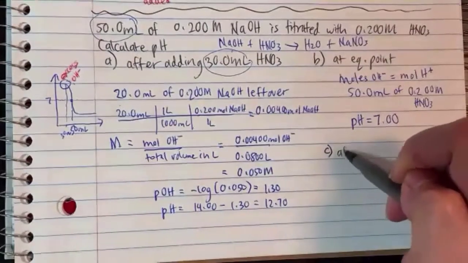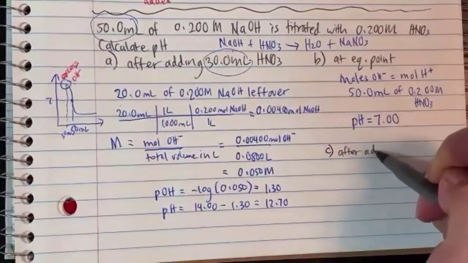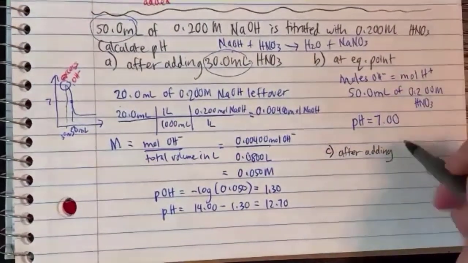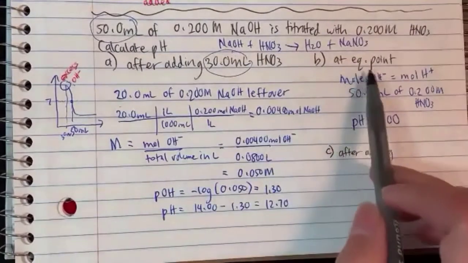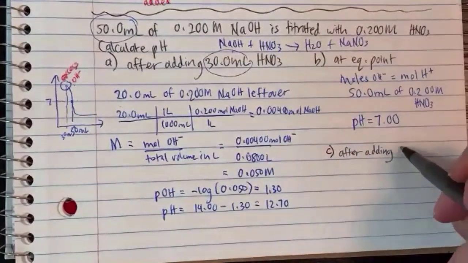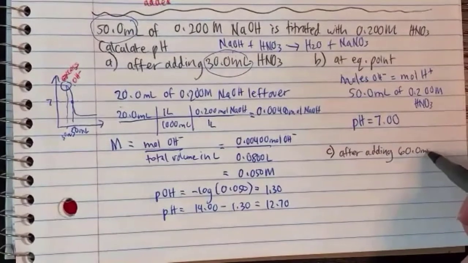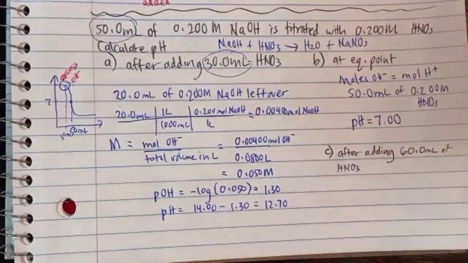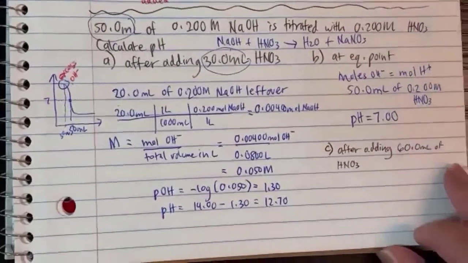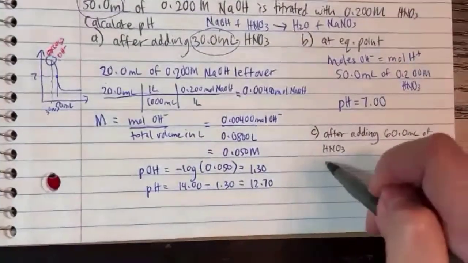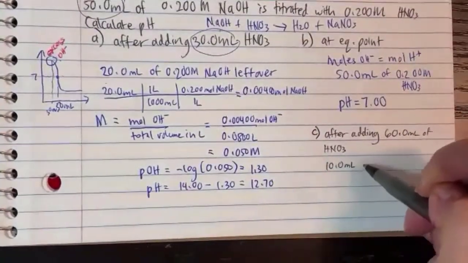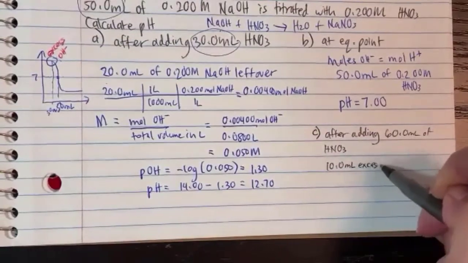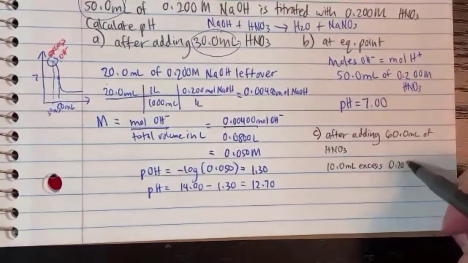So 50 is exact. So maybe we add 60 mL of HNO3. If you add 60 mL, that means you have 10 mL excess of 0.2 molarity